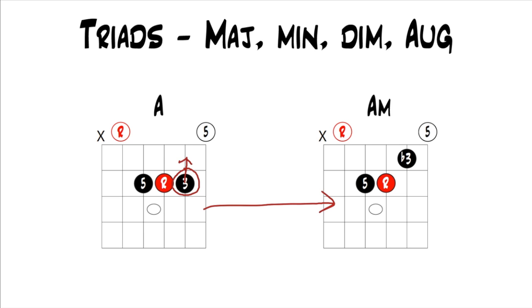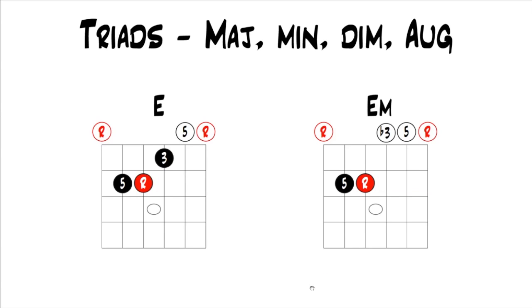And so I'm sure you recognize both of these chords as basic open chords that you use. And you may never have noticed how related they really were, that the only difference is that you're taking the third of the A major, lowering it half a step, and you get an A minor. Same thing with an E major to an E minor. Here's the major third of the E major. You just lower that half a step, which makes it an open note, and then you get this E minor